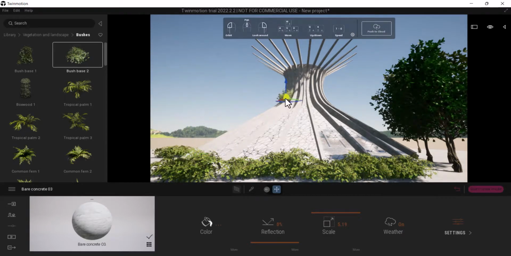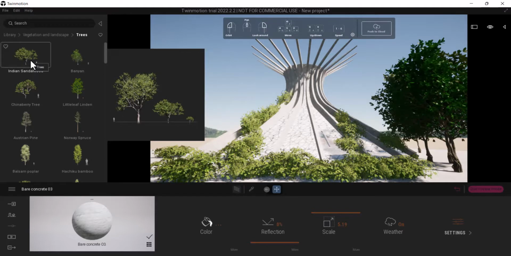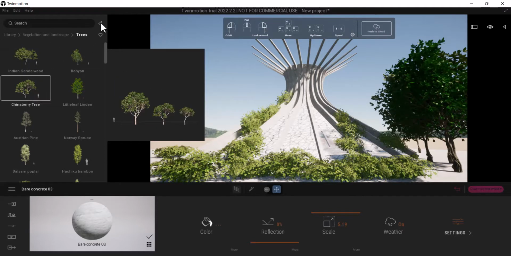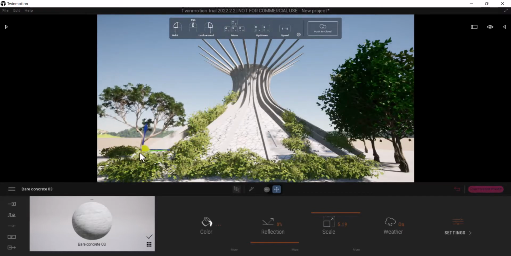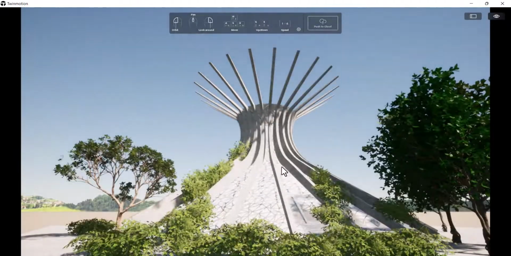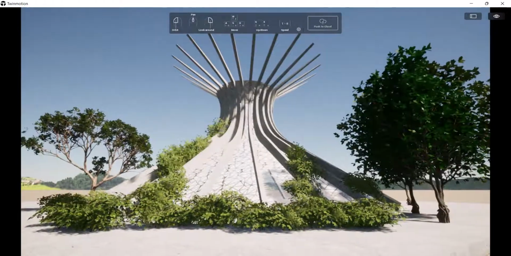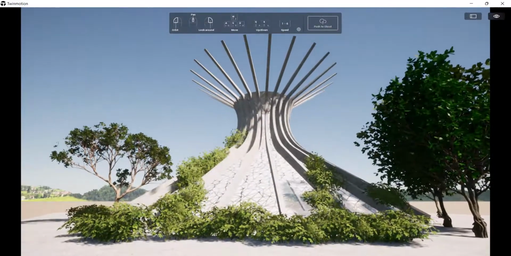Let's see what will happen. Let's add something like this over here. I like it. Okay. And then another tree. Let's try this one and see how it looks. Okay. So you can see that how we could just simply build something close to that image, and this is